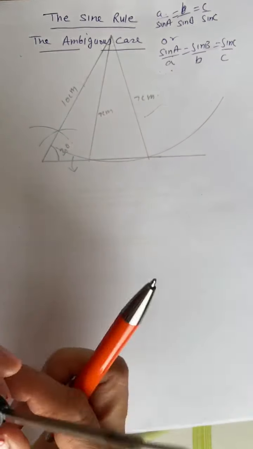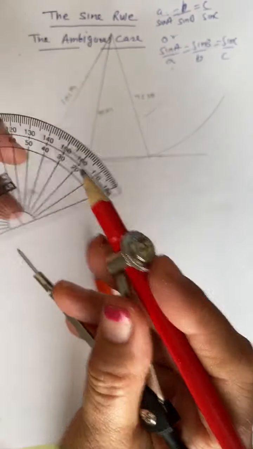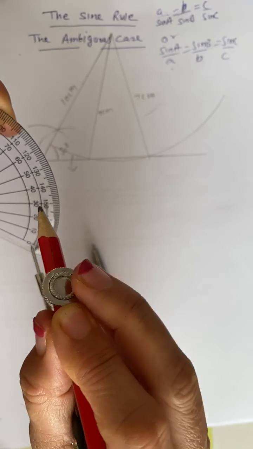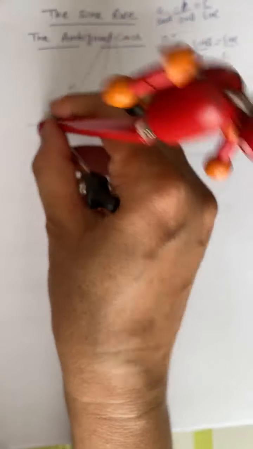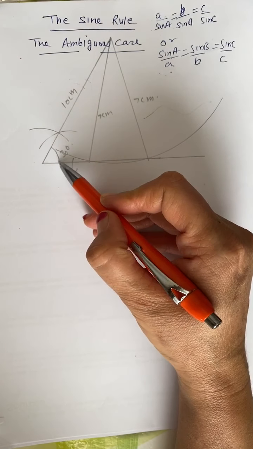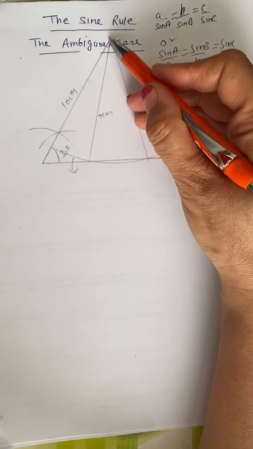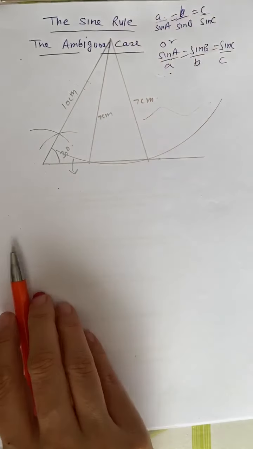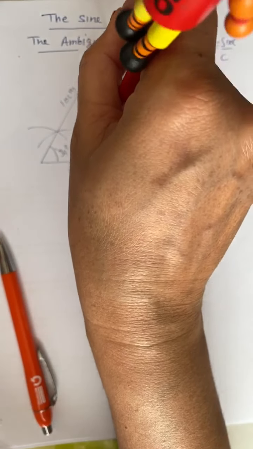I opened the protractor, though you don't have to, because this is not what we are learning at this point, and using a 30-degree angle I drew a 30-degree angle like this. Then I knew that I had to draw a line from here because this will give me a 30-degree angle, and then I drew a 10 centimeter line here. After that, because I needed to draw 7 centimeters, I opened my compass to 7 centimeters, and by putting it here, I drew